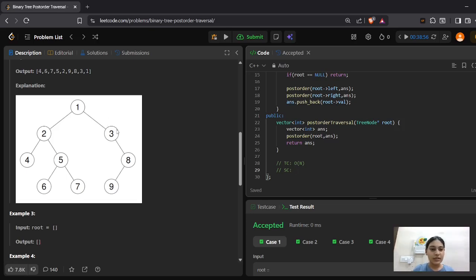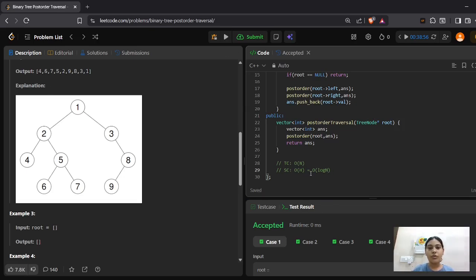And if you talk about the height of the tree, there are 4 nodes present in the maximum path. So the space we will require is O of h, where h is the height of the tree, or you can say O of log n. But here our tree is balanced.